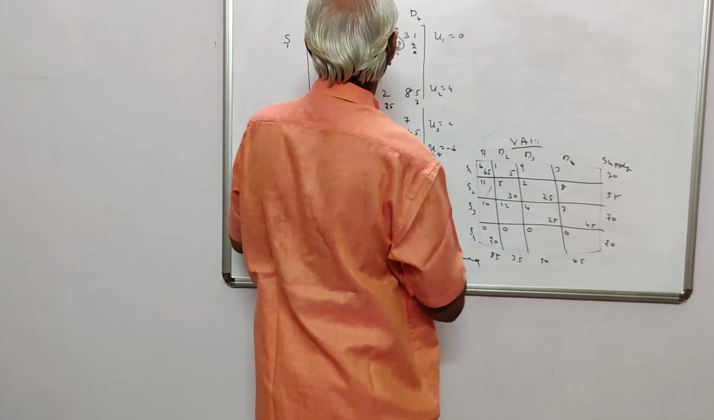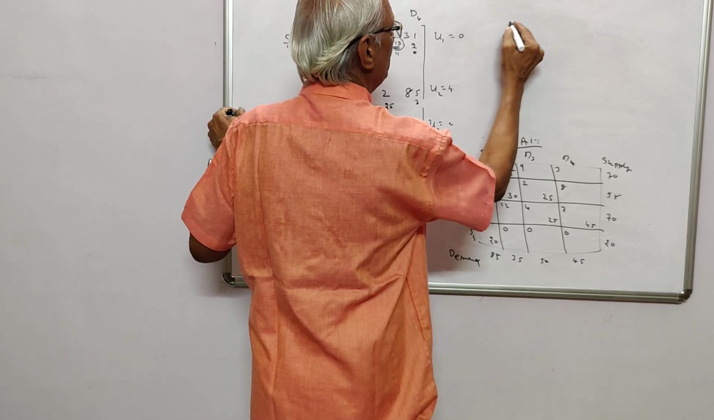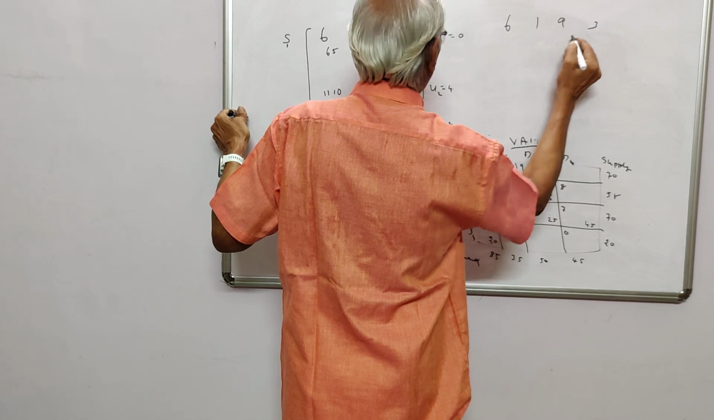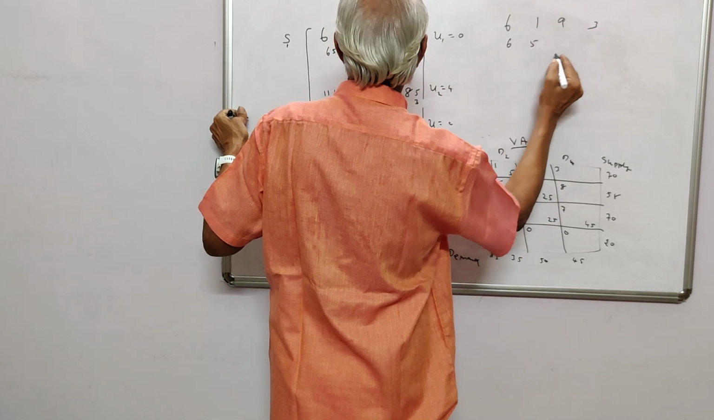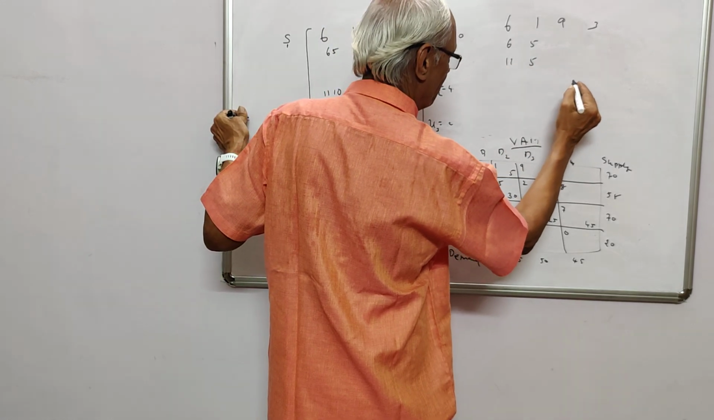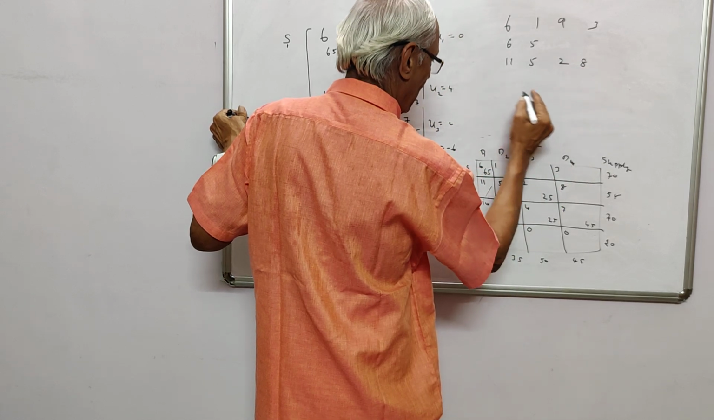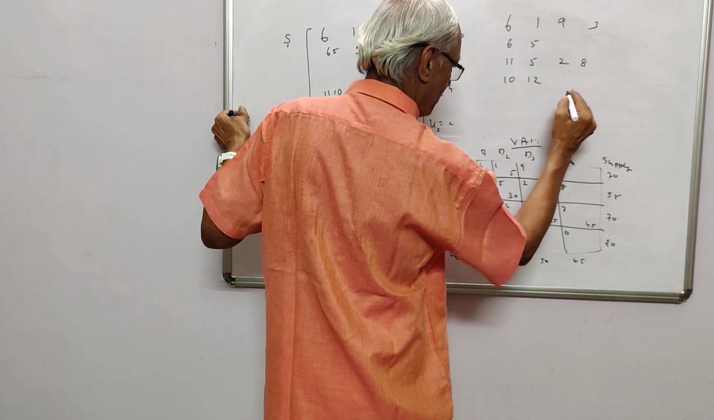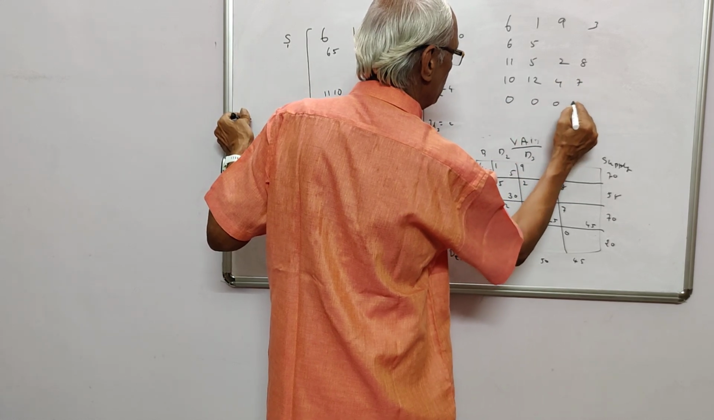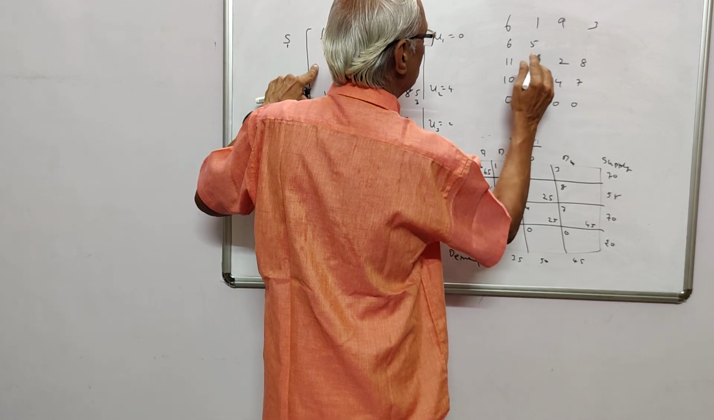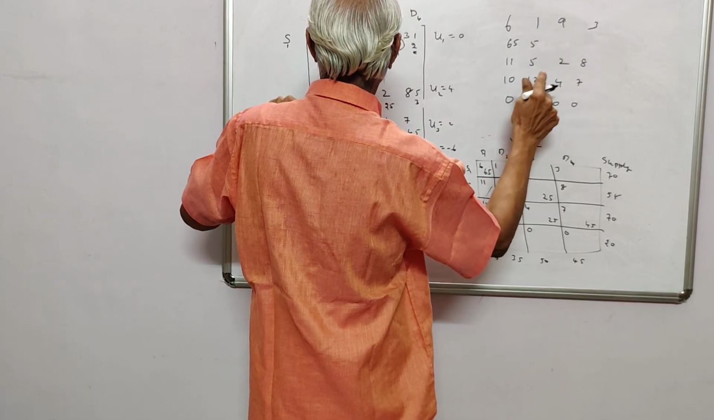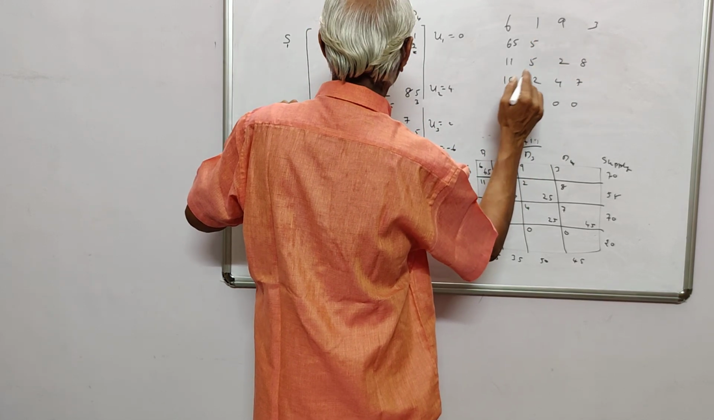So what you must do is, write everything here. 6 1 9 3, and it is 65 5, and then 11 5. I am rewriting 11 5 2 8, and then 10 12, 4 7, then 0 0 0 0. It is 665, 665 1 5 9 3, 11 1 11, no, 530,